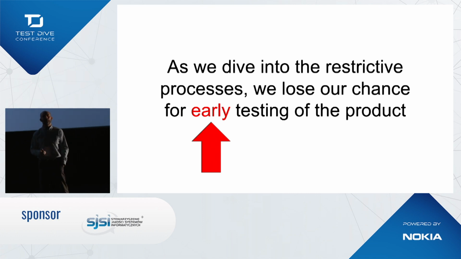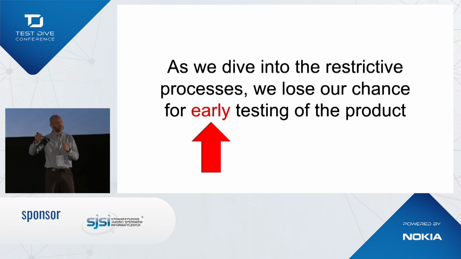We know exactly that in restrictive processes, we need to perform all the tests we have defined. But just imagine that if somebody at the release time finds the bug, the testers are really stressed at the moment of release, because what will happen if we find the bug? We have to restart our tests, right? Have you ever restarted the release candidate testing? Hands up? Okay. So this is true, what I say, you see?